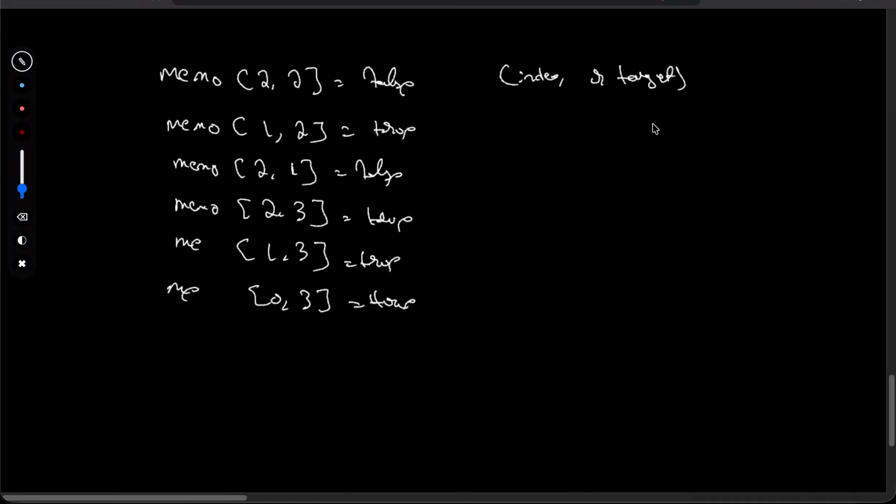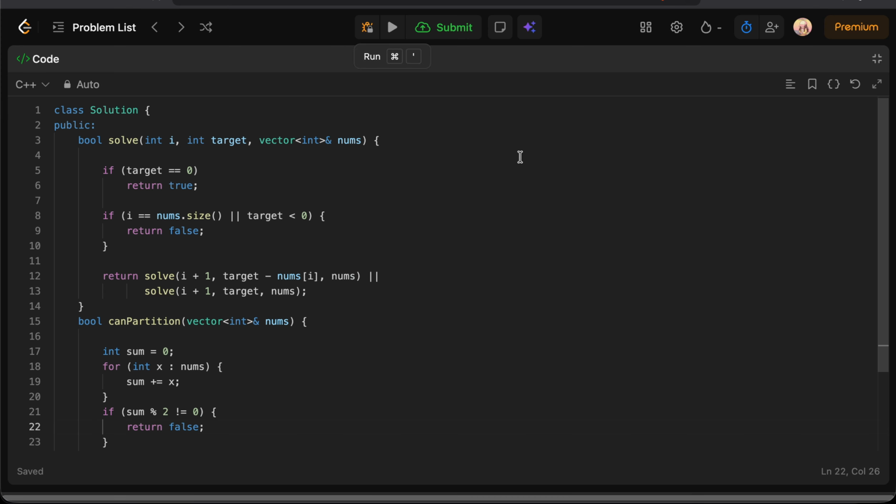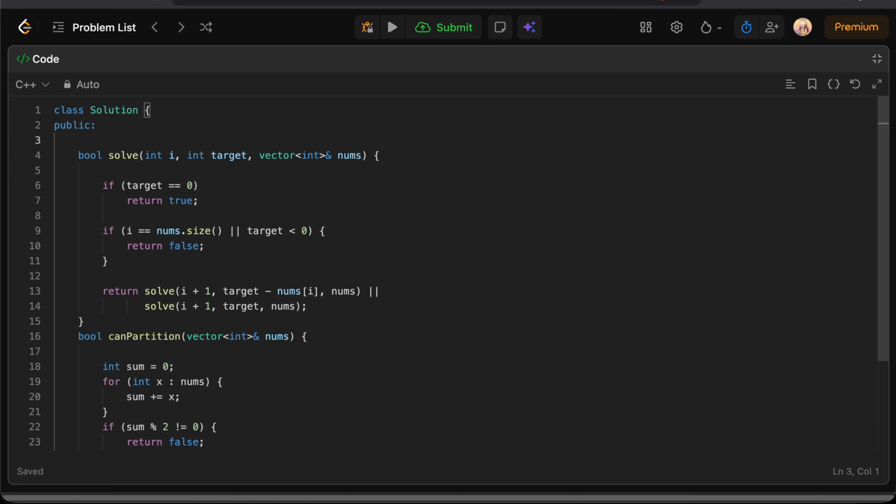So let's write down the code for memo. First we create an unordered map with string keys, called memo. Next we return false.